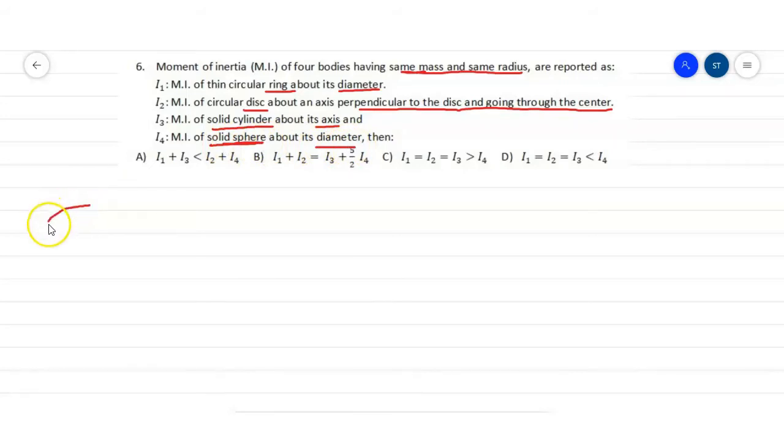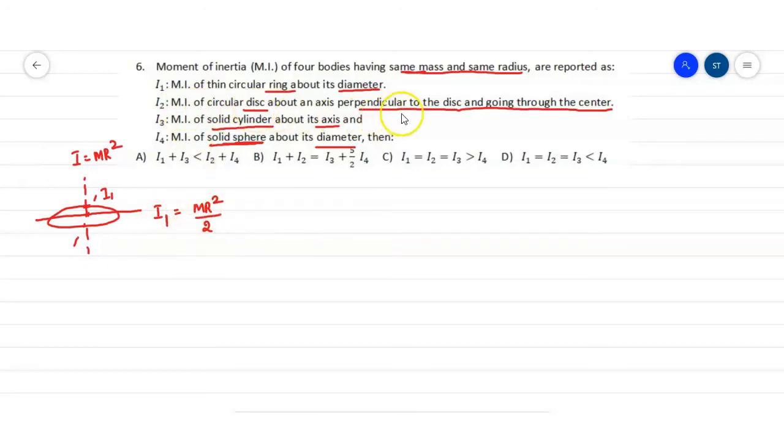So if we take a ring about its natural axis, the moment of inertia is given as mr square. Now we are talking about a diameter. About a diameter, we know that moment of inertia will be half of that. You can use perpendicular axis theorem. This is also a diameter. If this is I1, this is also equal to I1. So 2I1 is equal to I. So I1 will be equal to I by 2. So about a diameter, the moment of inertia will be mr square by 2. So I1 will be mr square by 2.